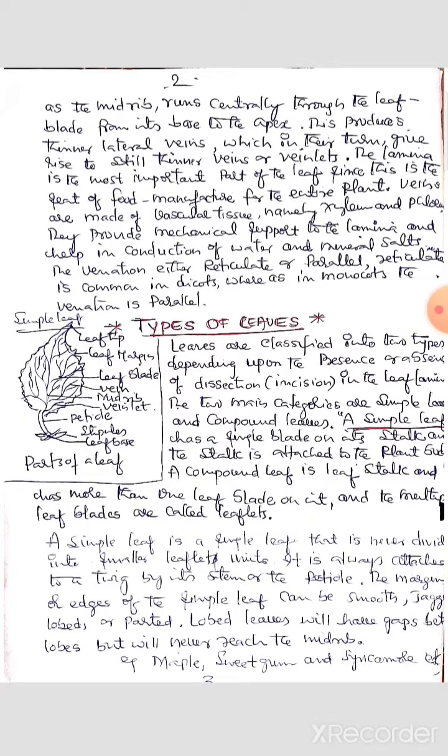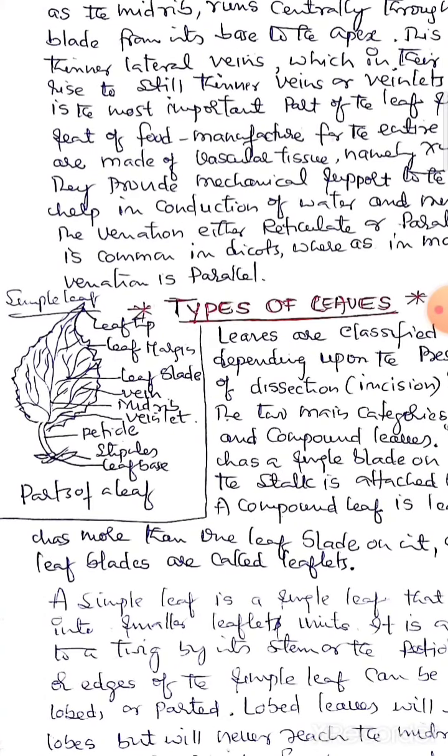You can see the diagram also. Here the parts of the leaf can be observed: leaf tip, and below is the leaf base, the petiole, small stipules on the other side, the leaf lamina or leaf blade, and the leaf margin, either smooth or any shape, any type of arrangement of margin. Midrib is there, and veins and veinlets, green in color. It is the kitchen of the plant kingdom. It prepares the food material.